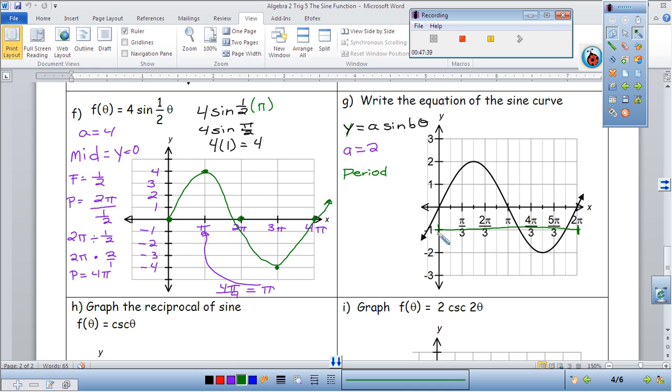Okay? That's the beginning and the end of the sine curve for the period of 2 pi. To find the b then, we know that the period equals 2 pi over b. So if the 2 pi over b equals 2 pi,